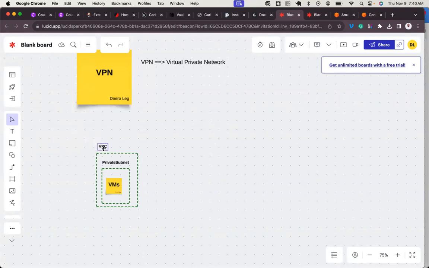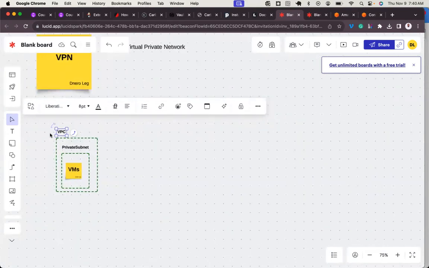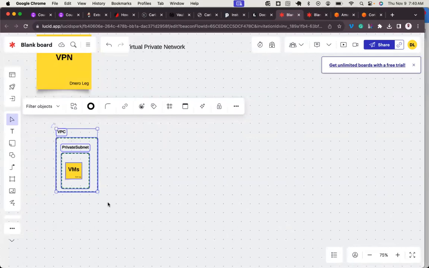So this is the VPC. Now, we all know fully well that these resources hosted in a private subnet cannot be accessible directly